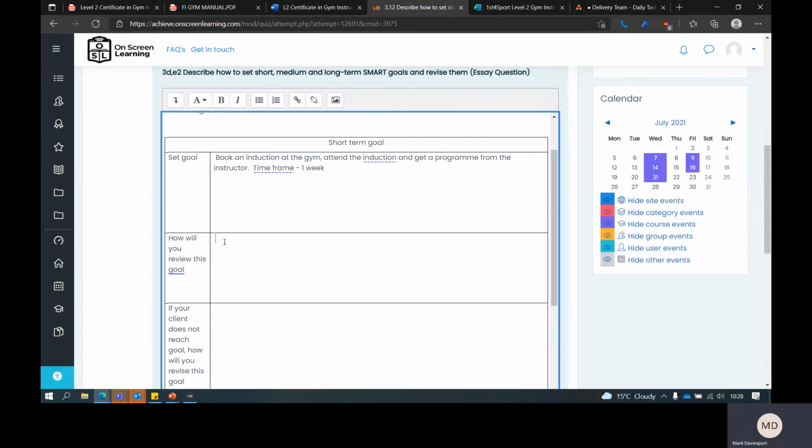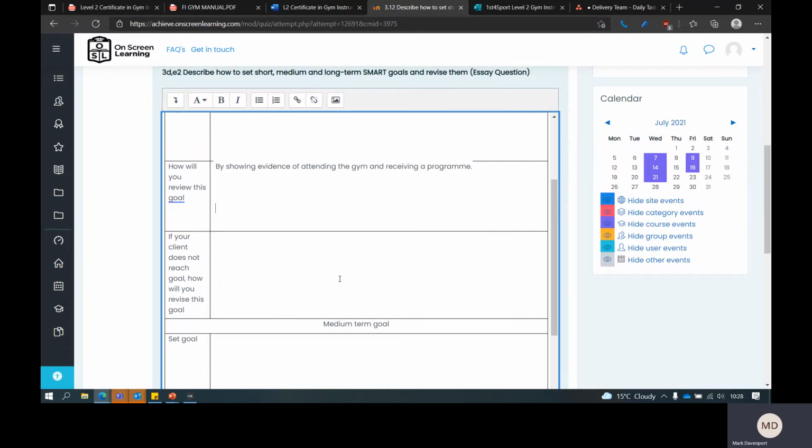How will you review this goal? By showing evidence of attending the gym and receiving a program. You'll know that the client has done that once they've attended the gym and they have the evidence. The evidence is obviously going to be with you if you're working with this client.